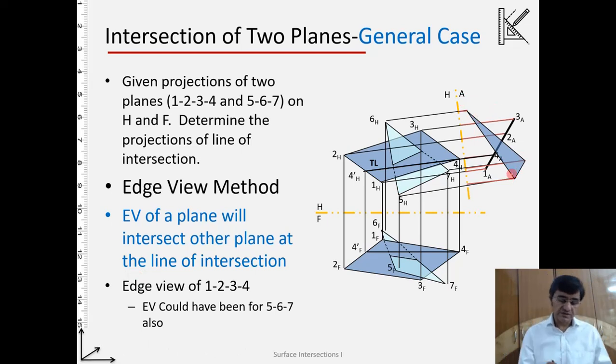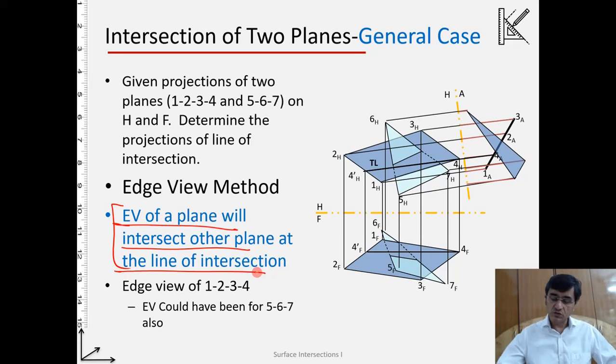And now we know the basic concept: the S-view of a plane will intersect the other plane at the line of intersection. We have the S-view of the plane, and that is very fine, because if I have a plane here, and another plane, and I want to know the line of intersection, I see it from here so that I see only the S-view. If I see only the S-view, the projection of that S-view onto this line is the line of intersection.